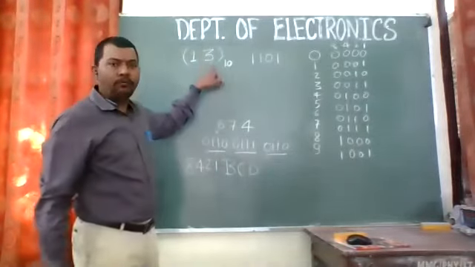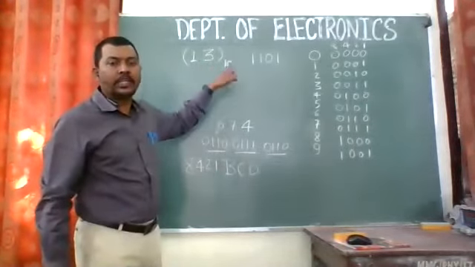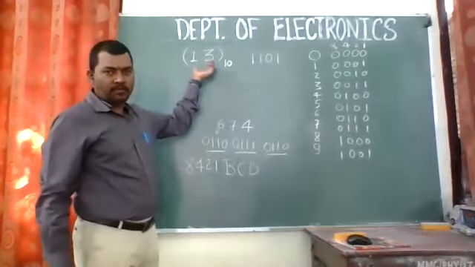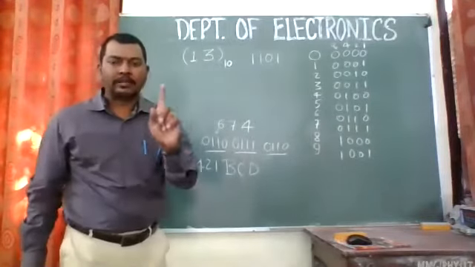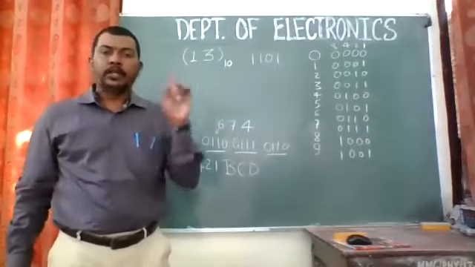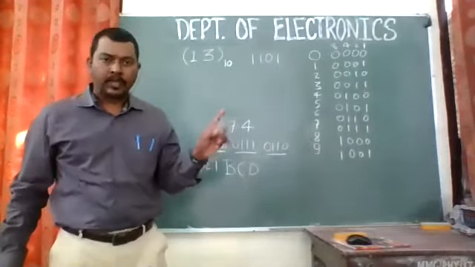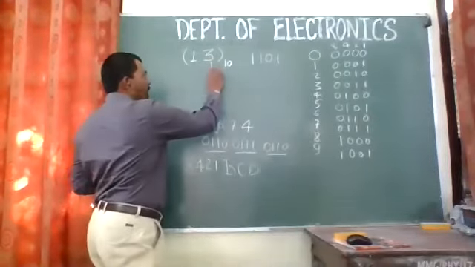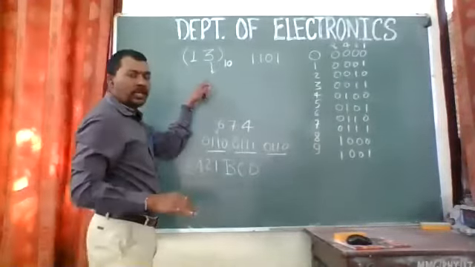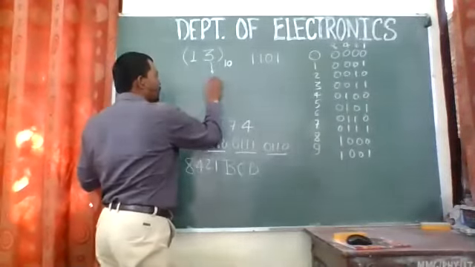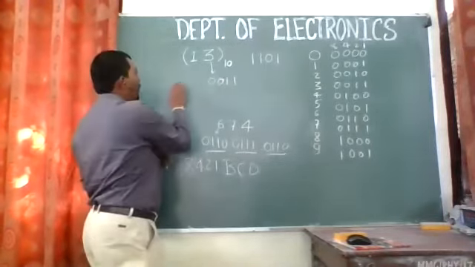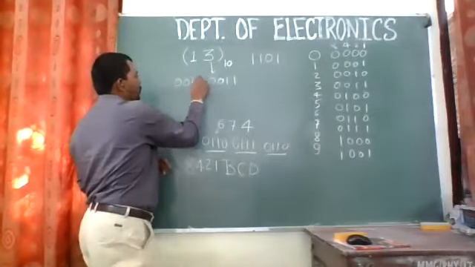We need to convert one digit of a decimal to its 4-bit binary equivalent. That's all. We are not going to convert the whole number, only one digit at a time, making a 4-bit binary equivalent for each digit. So for 3, I will put a 4-bit binary equivalent, that is 0011. And for 1, I will put another 4-bit, 0001.